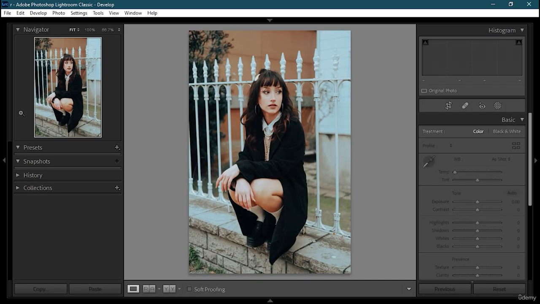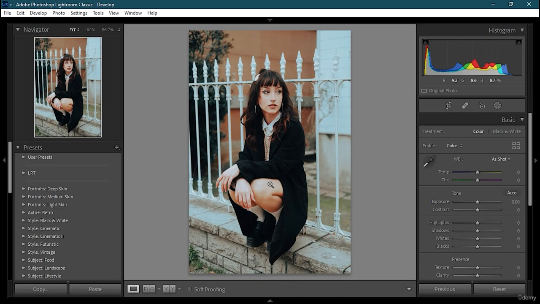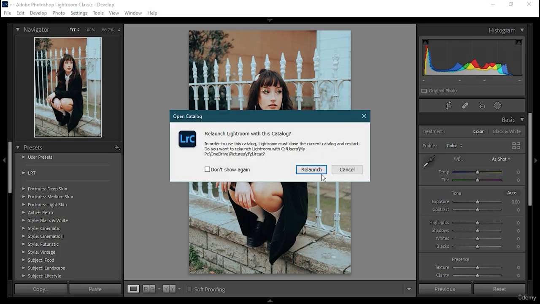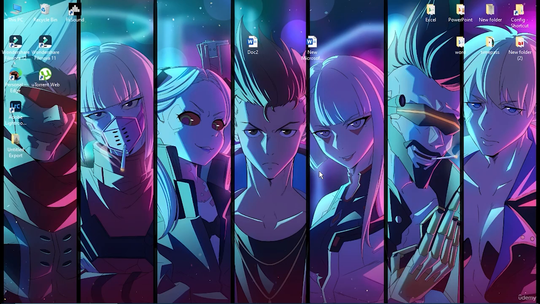Okay, so what you can see is that it has saved my data. As it has saved my data, what I'm going to do next is export. But you can also do another thing, like opening up a new, let's say I'm going to open up DLRCAT. What I'm going to do is click on relaunch. It's going to take some time,